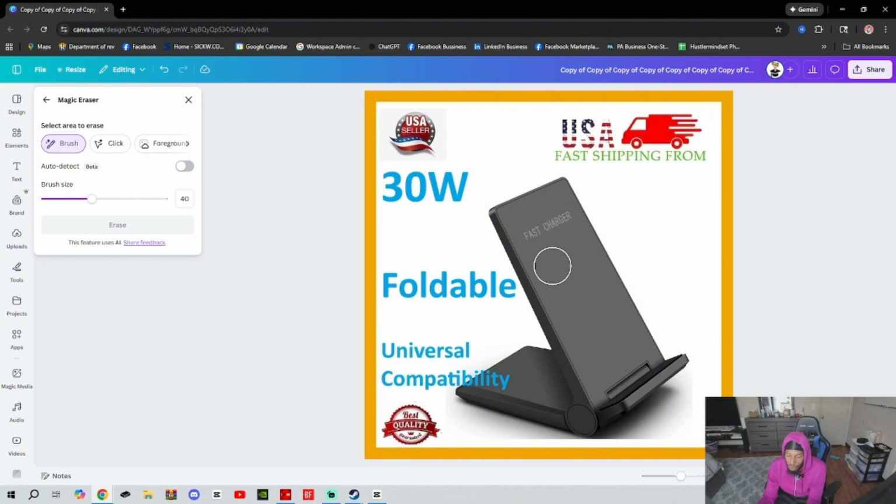But again, if this was like a logo or some type of company name, I would try and erase it because mine may not have that, you know? Now, sometimes it allows you to do things closer to the background, but what I realized with the magic eraser tool is that it works in tandem with the background that it's closest to, right? So it's close to the black, so it's going to blend in with the black. But again, we could do this and erase,